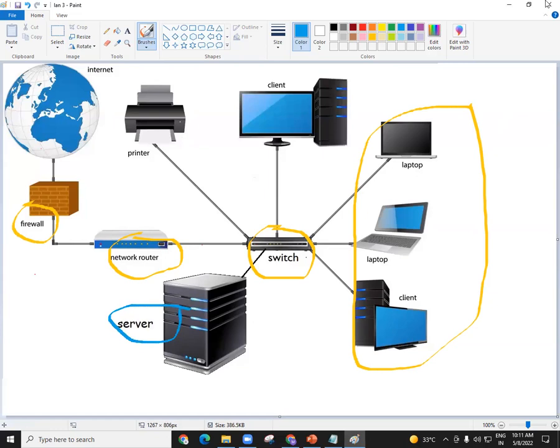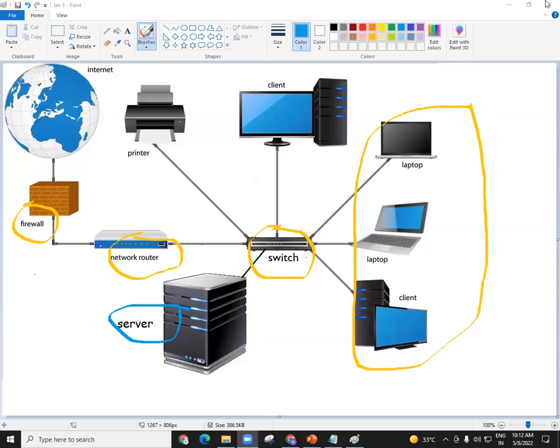So these are the very common devices that we see in each and every computer network. Maybe the size of the computer network can be like 300 devices, or maybe it can be 30 devices, or it can be even 10,000 devices. So the number of devices can be more or less, but the devices that we use in a computer network will be the same in each and every network, in each and every company, wherever you go, whichever country you go. Okay. Now, every device has a specific work.